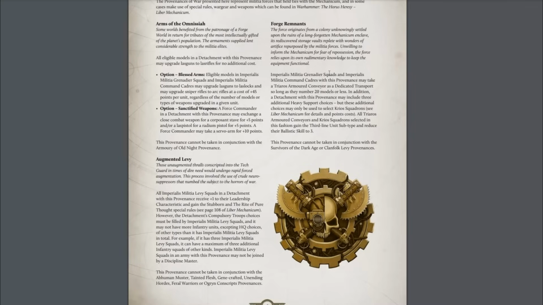Huge problem. The provenance also is highly restricted, because all the ones you might want to tee it up with, you can't. So it fights against you. You go, well, this might be good if I took it in conjunction with, no, the riders tied my hands. I'm unable to combine them. Really sucks. Then you got the Forge Remnants, which allows you to take some Mechanicum vehicles in your regular militia